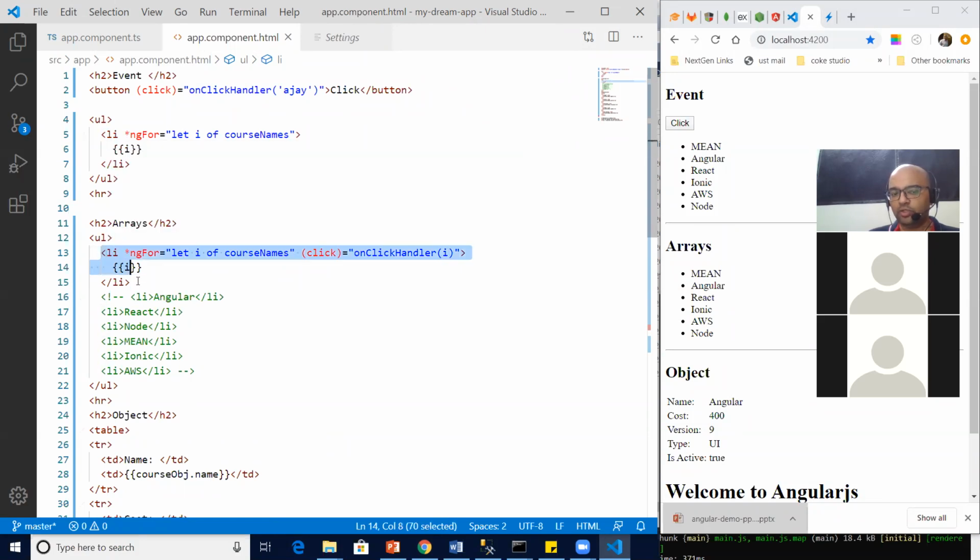This li is going to generate dynamically, right? So every li has a course name, I mean, a value of I. Correct? All the values of the course name array, each and every element of course name. So this click event will be associated. Now my question: this click directive will be associated to one li or to all the LIs? My first question, quickly answer.